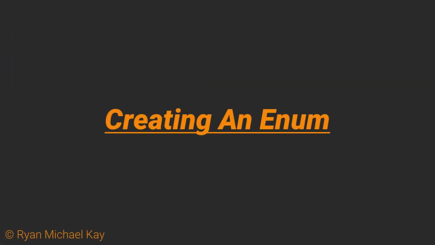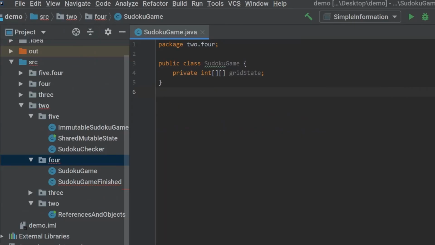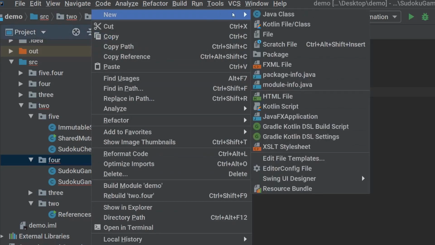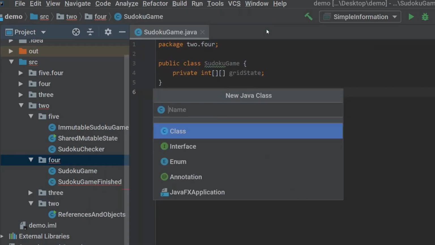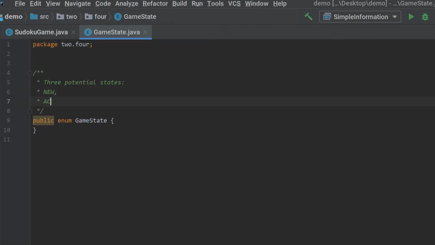Now, the other thing I decided is that we want some kind of way to represent what state the game is currently in. I decided that 3 potential states might be useful: new game, active game, and a complete game. Here's a question for you, and this time there is not really a specific right answer. How would you represent these different states? Pause the video and think about it for a second.